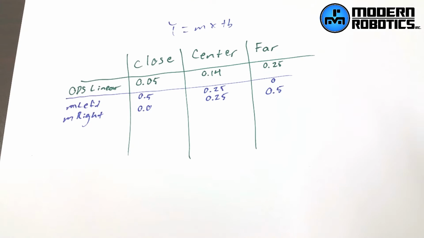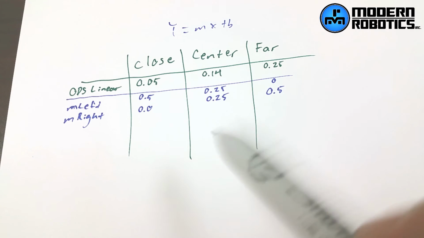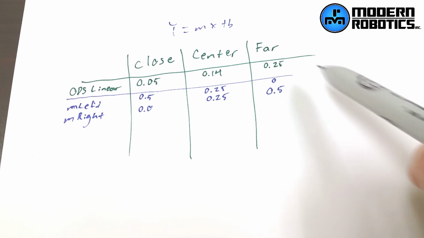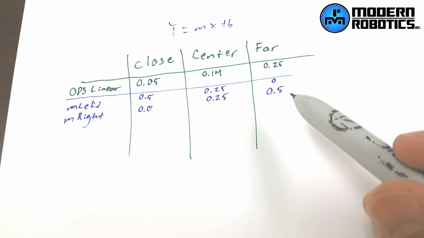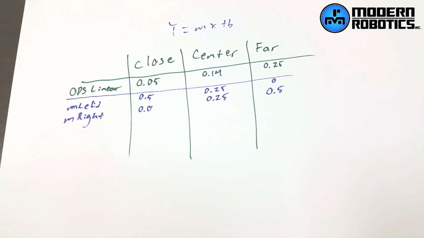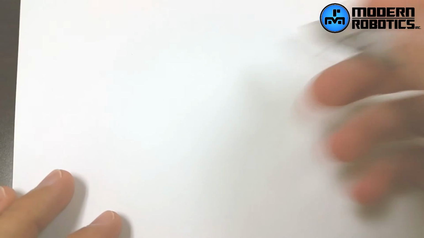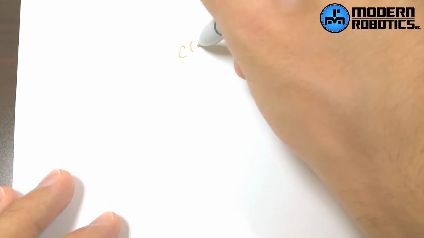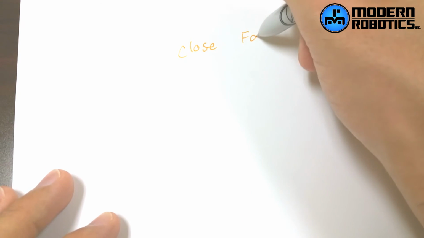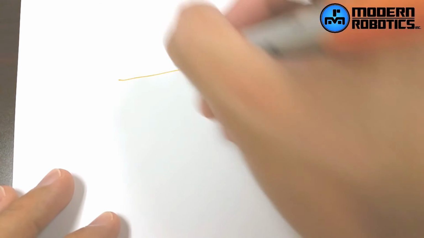So that's how we came up with the equations in the video we just had, but that was way too simple. So let's say the values did not line up like this, that we had this times 2 equals this one. So let's say instead, we'll bring in a new piece of paper. We'll say we had, we're just going to stick with close and far, and we have